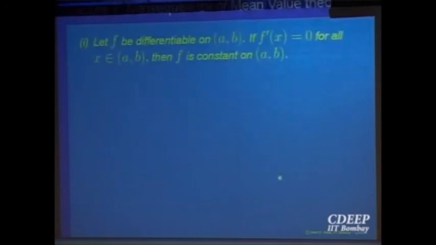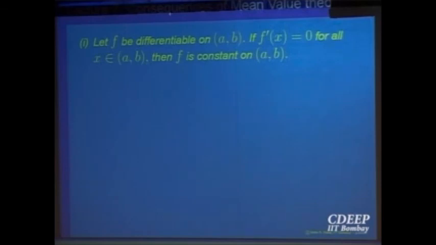Another application, which is very important and which we use left and right: if the derivative is equal to 0 in an open interval, then the function must be a constant function. That comes as a consequence of the mean value theorem. Because what does the mean value theorem say? f(b) minus f(a) divided by b minus a is equal to f prime at some point in the open interval. So if the derivative is 0 at every point in the open interval, then f(b) is equal to f(a), wherever a and b are in the domain.